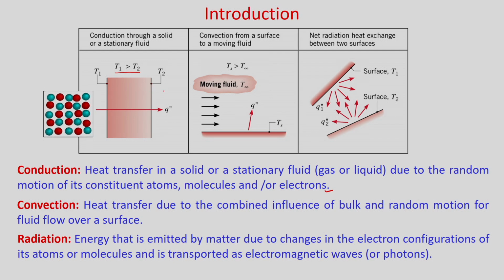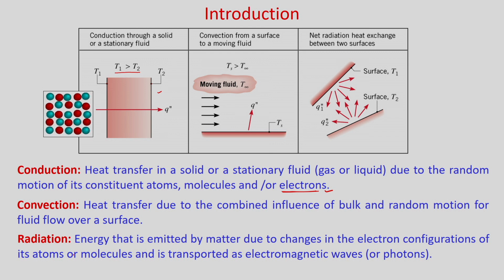Obviously, heat transfer takes place from the higher temperature region to the lower temperature region. So, in this direction heat transfer will take place, and as it is a conduction mode of heat transfer, you can see there will be vibration of lattices, and when these atoms vibrate, they carry the heat from one to the other. Generally, conduction takes place due to this lattice vibration, but if it is a conductor, then there will be a movement or translation of free electrons, and due to that there will be heat transfer.